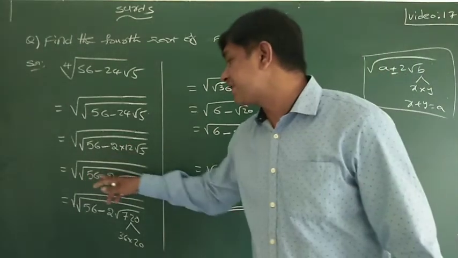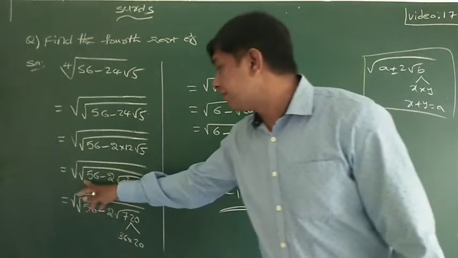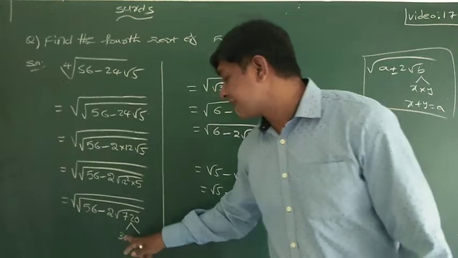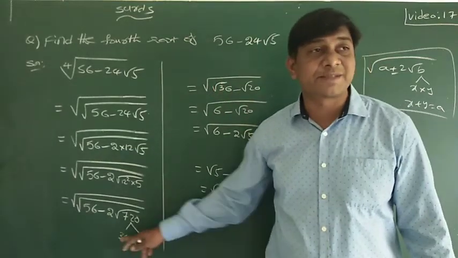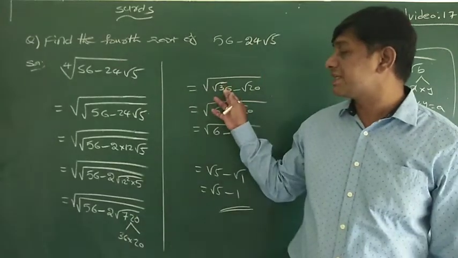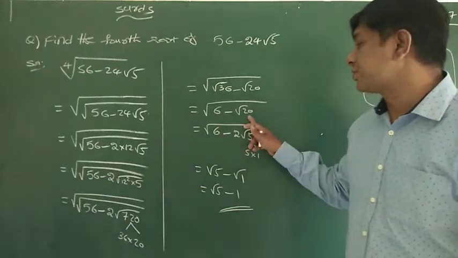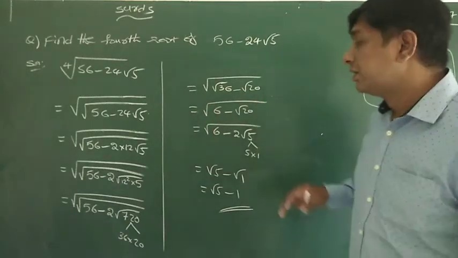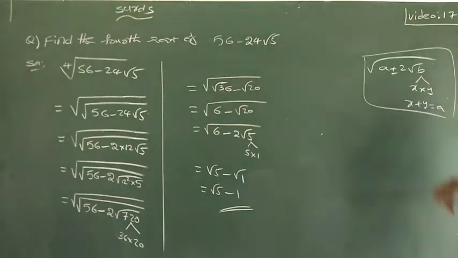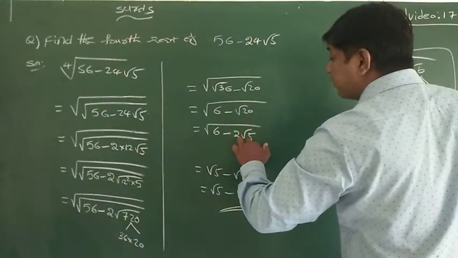Now root of 56 minus 2 into 12 square, 144 into 5, root of 56 minus 2 into 720. 720 factors are 36 20s are 720, and 36 plus 20 is 56 you are getting. So root 36 minus root 20 we can write. Now root 36 is nothing but 6 minus root 20. Already here square root is there. Again to apply this square root I need it in this form a plus or minus 2 into root b. So 20 I wrote as 2 root 5.